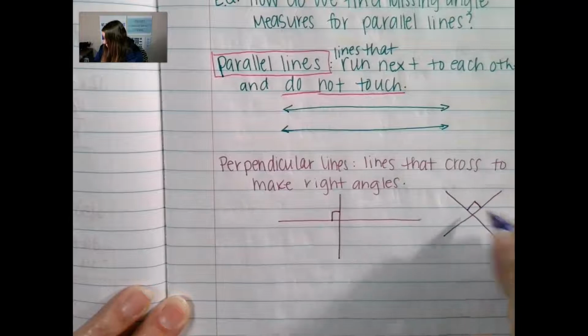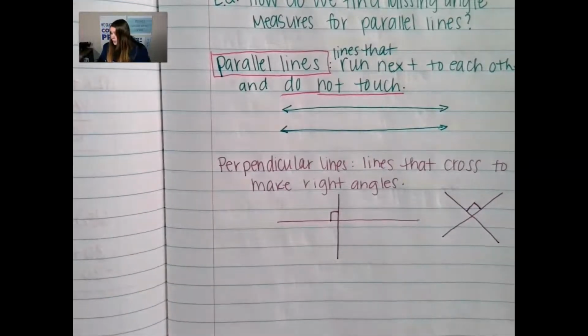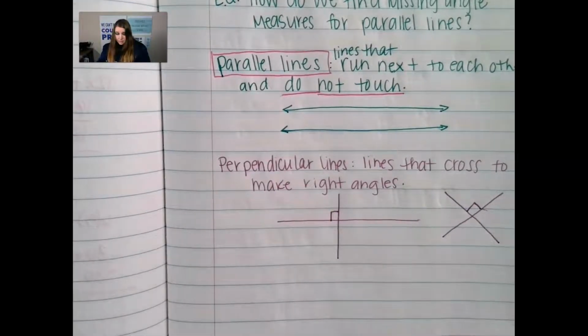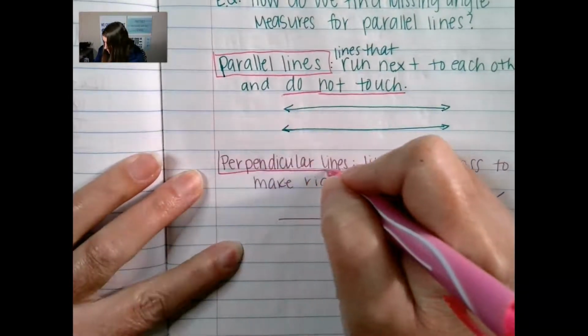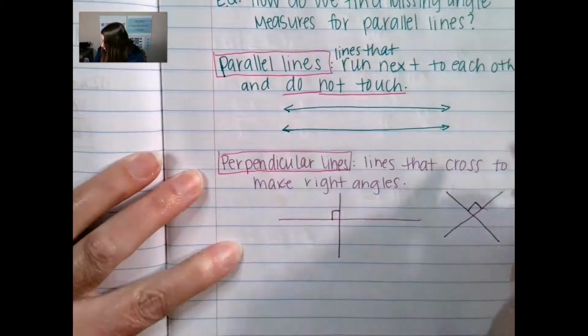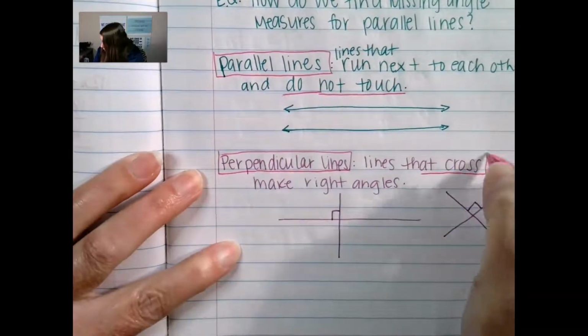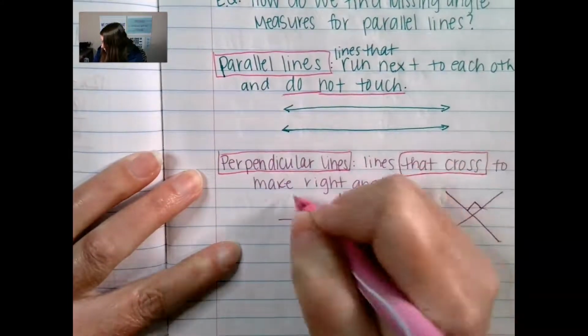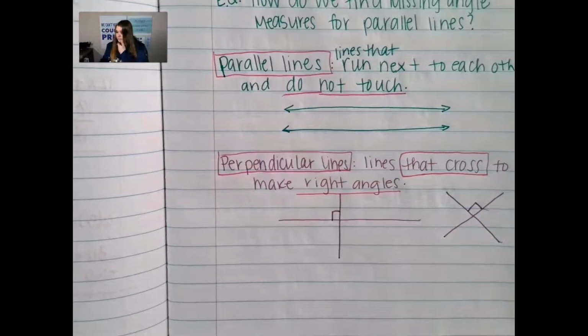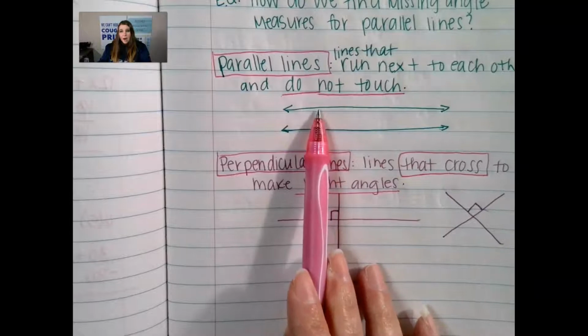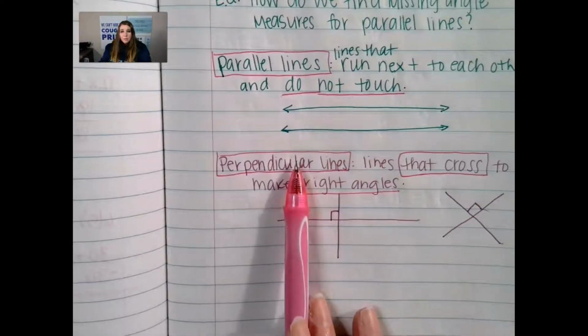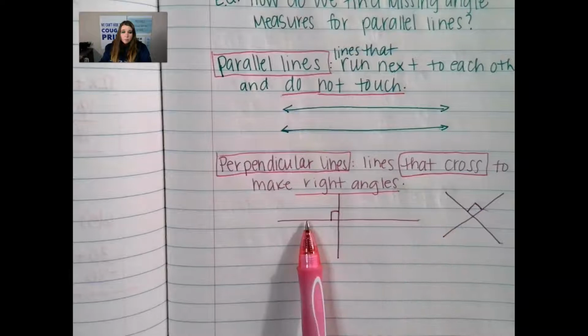So here you have a right angle there. So all of these are perpendicular lines. Okay, so they cross. So perpendicular lines, these are lines that will cross, and so they cross and they have right angles. So we have parallel, like train tracks, and then we have perpendicular lines, and these form right angles